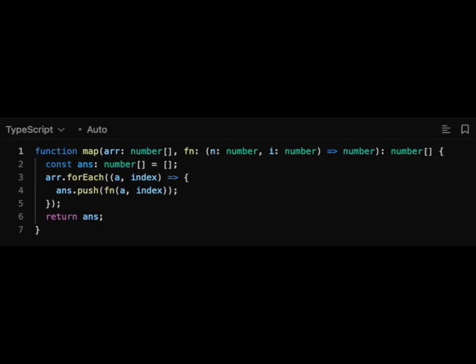So anytime you have an array mapping like this, it's good practice to start with a fresh array. So that's what line 2 accomplishes. Const ans, which is shorthand for answer, or the answers array, which is what we return in line 6. In line 2, we set a new numbers array equal to an empty array. We label it ans, and then we push,